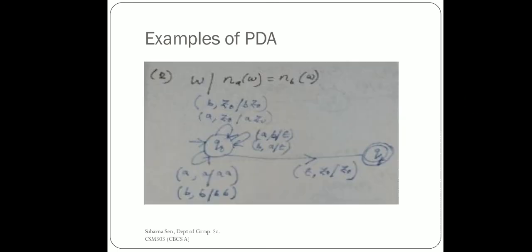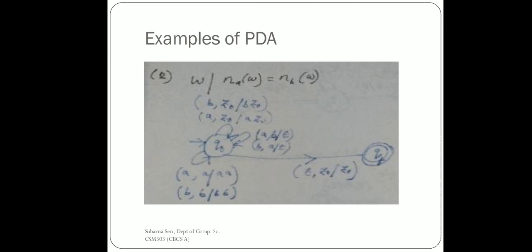Okay, the next example says n of a in w equals n of b in w, meaning the number of a's in w is equal to the number of b's in w. Fine, so these can be the choices. Do not get confused with the previous example. Please remember, there was one more restriction: the string should start with a and end with b. Here it may start with a or start with b, right? Both are possible because we have to count only the number of a's and the number of b's.